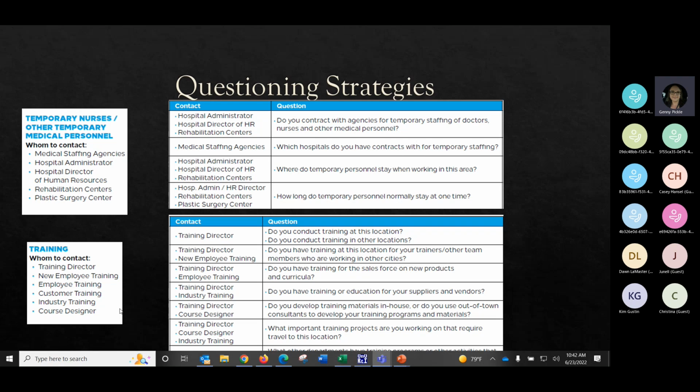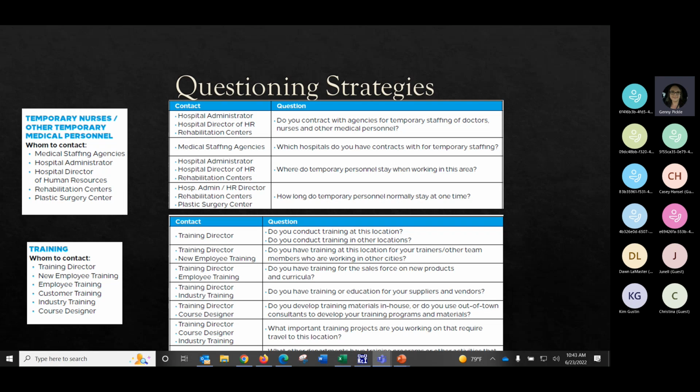Couple more. I kind of touched on the temporary nurses, traveling nurses kind of deal. Trainings is a big one. I know corporates are starting to come back a little stronger than they have. I think each month it gets a little better. So companies are getting back to doing their manual trainings. I know at Keystone, she's got a couple of nice clients that do constant trainings throughout the year, which is great. So contacting those training directors,